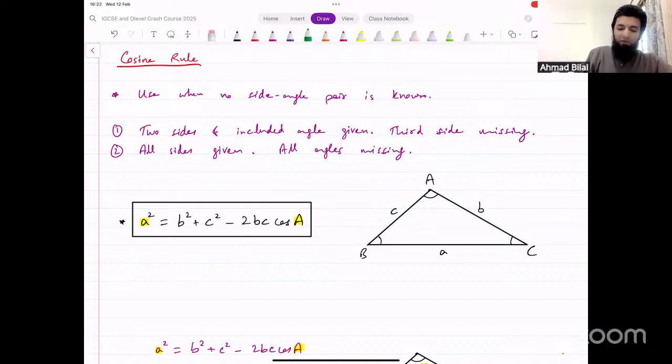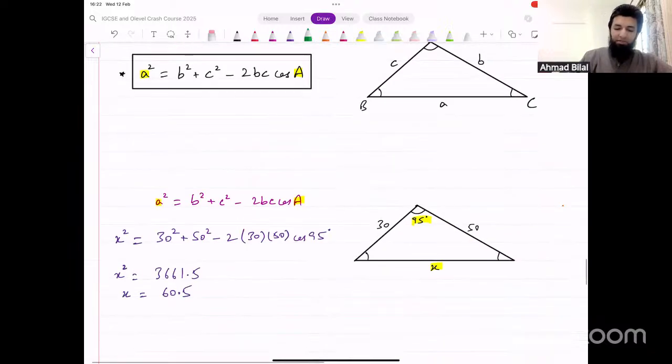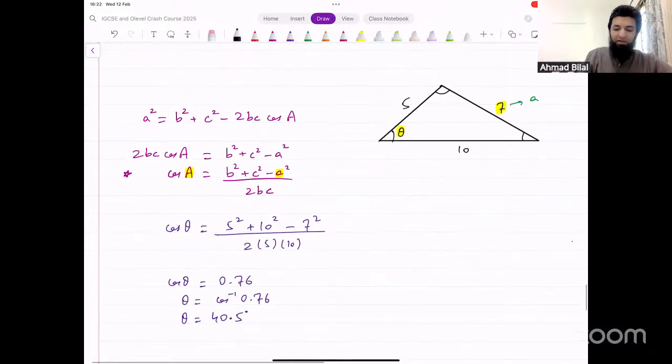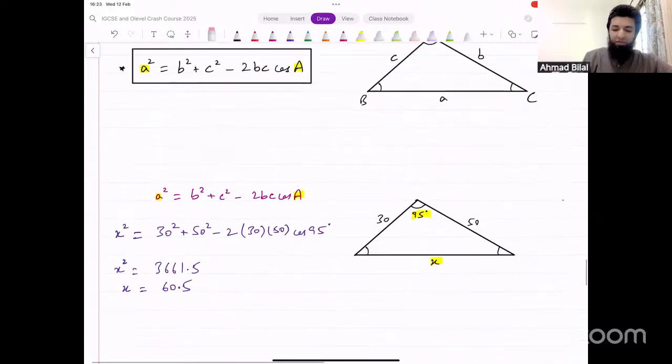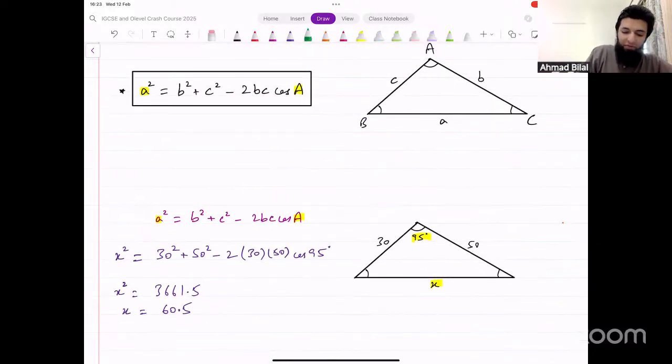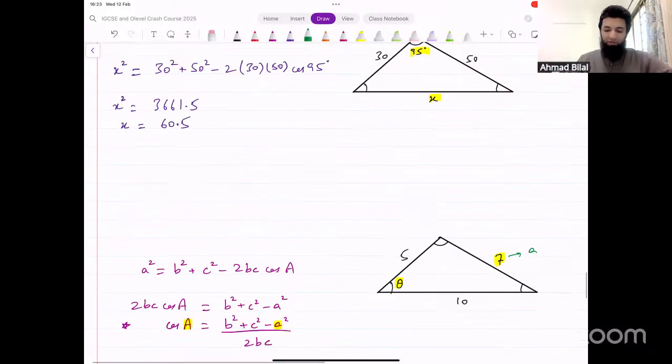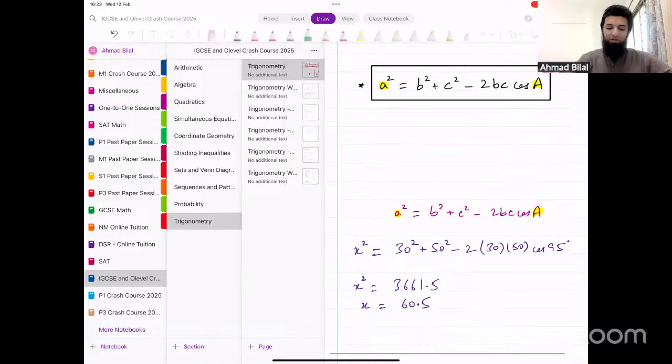Or you can have all sides given, and then you might have to find one of the angles that is missing. This is one form for cosine rule that you can use. If you rearrange this, you can also write it like this, with cos A the subject. Just remember, the side that you have on the left side of this equation, the angle has to be opposite to that side. Okay. We looked at some examples of this, and then we did some more practice from the